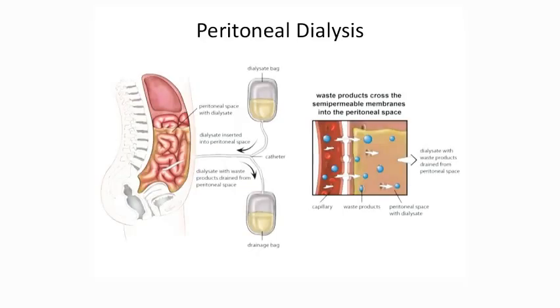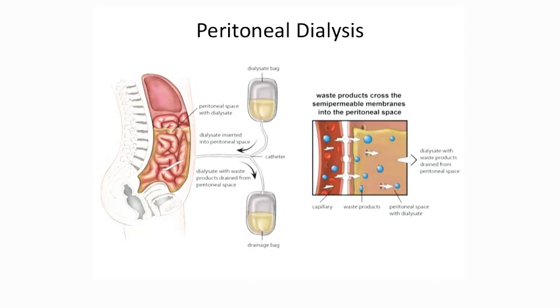So next applied aspect is peritoneal dialysis. I already told you the peritoneal membrane is semi-permeable, has an extensive surface area, and is in direct contact with all the blood vessels. So by means of the concentration gradient, the peritoneum is able to absorb certain solutes and excess water from the blood. So in dialysis, this function of the peritoneum is made use of.